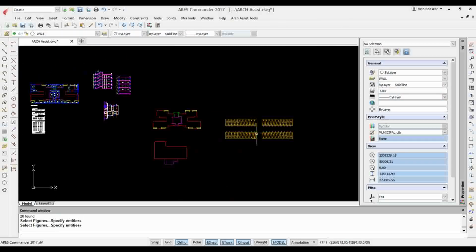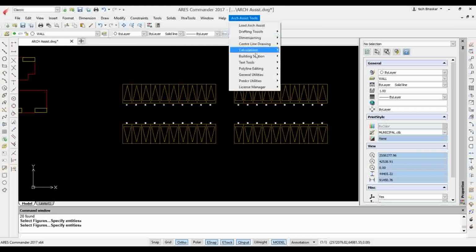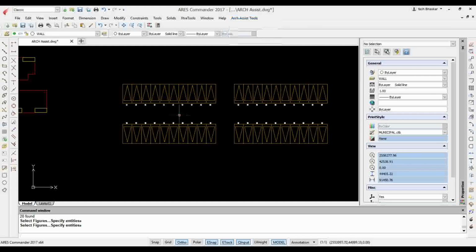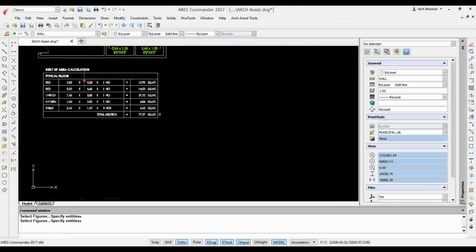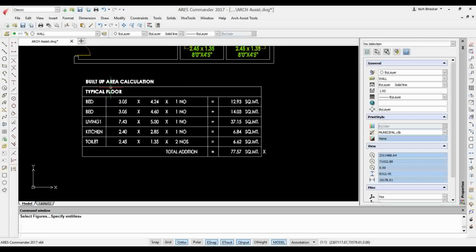So moving on to the other options, in this text tool we have one more option of text to CSV. So if you remember, we had created some kind of tables and other things. So let me just do it